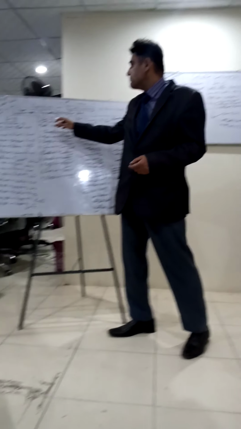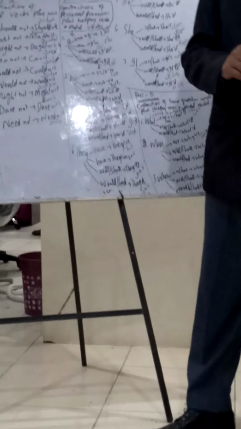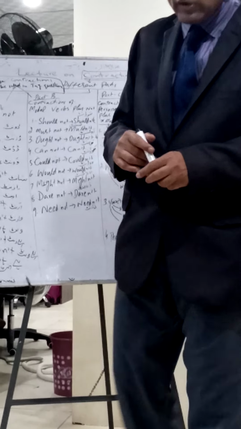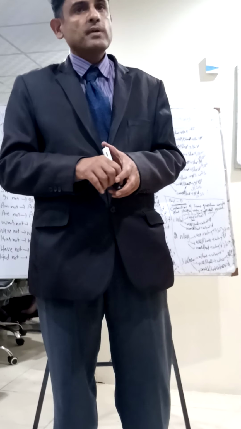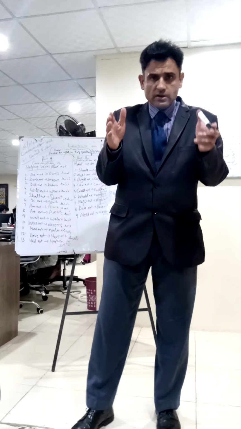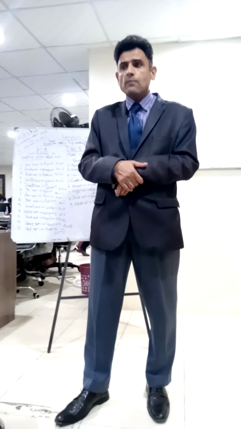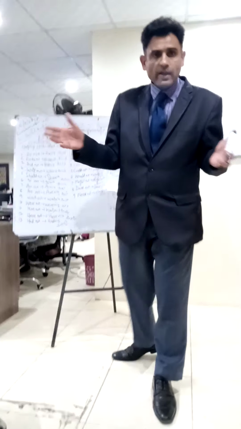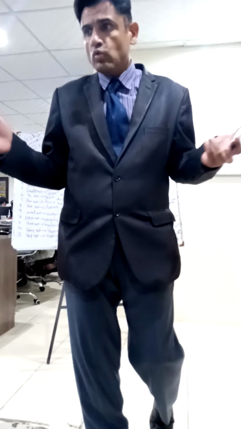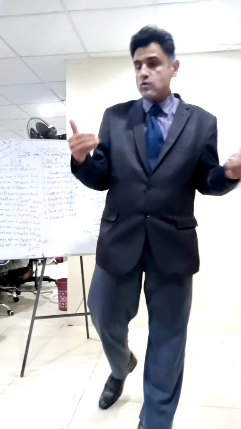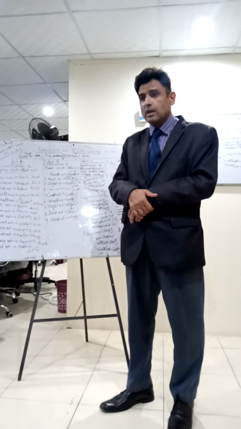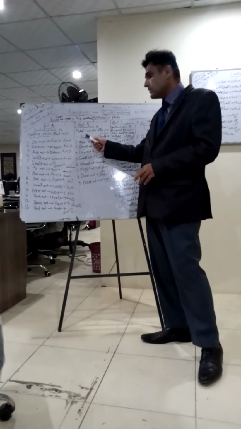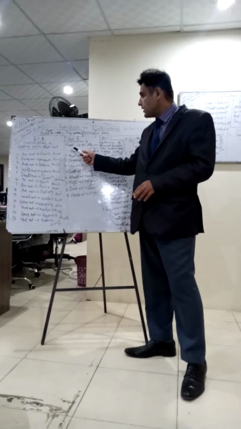So next in part B, contractions of modal verbs plus not. Modal verbs, or modals, are certain words which are used in addition to helping verbs of tenses. They have their certain nature. So we must understand why they are used. For example, we use should, must, ought to for advice: for moral advice ought to, for simple advice should, and for strong advice must. So we can contract them for making negatives with not, just like should not, shouldn't. It has the advice nature. The modal verb should has the nature of advice.